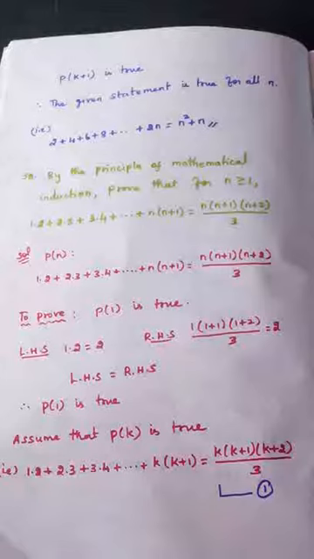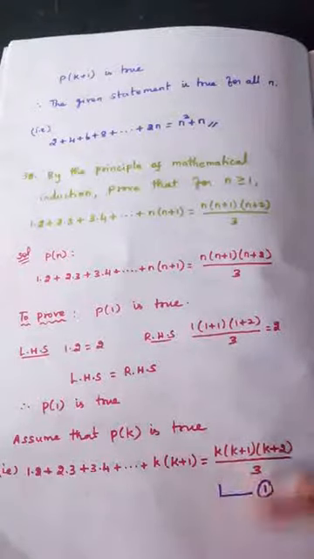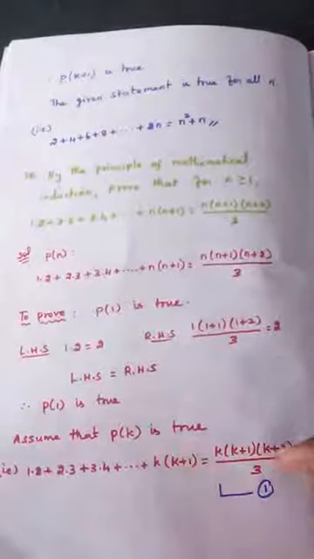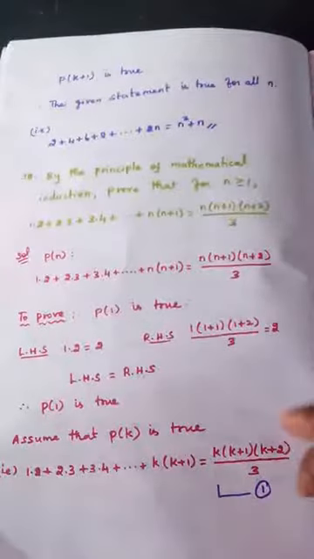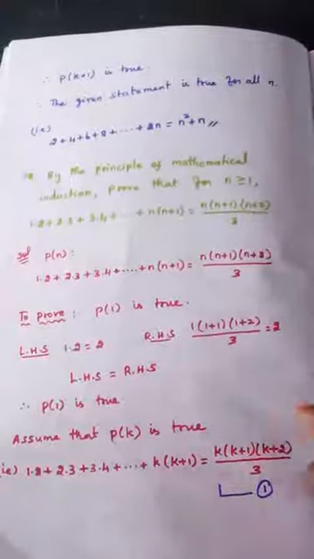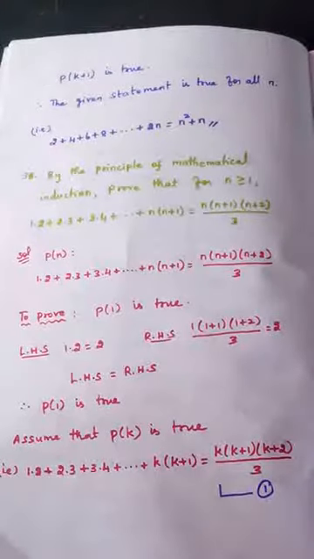Now immediately you should find out two things. Can you say what they are? By just understanding the previous problem, what is the next step? What are the two things that we need to find out here? Yes, one is what term should be added to both sides of equation 1. That is the first thing that we have to know. The second thing is what is the answer that we should get in the right hand side to prove P of k plus 1 is true. So those are the two things that we have to find out.